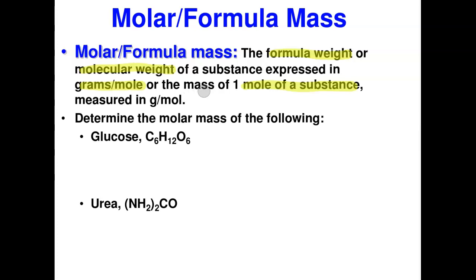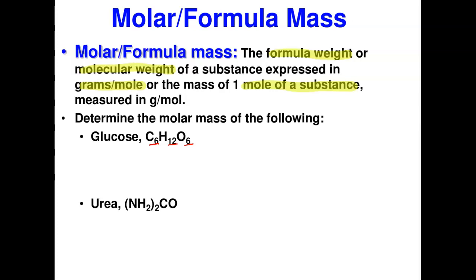And since we did a lot of examples on how to calculate the molecular weight, you can go back to those examples, and by the time you express them in grams per mole, all of them will become the molar masses. But I have a good example here. So here we have the glucose molecule. Glucose has 6 atoms of carbon, 12 atoms of hydrogen, and 6 atoms of oxygen. And so what does that mean? That means that